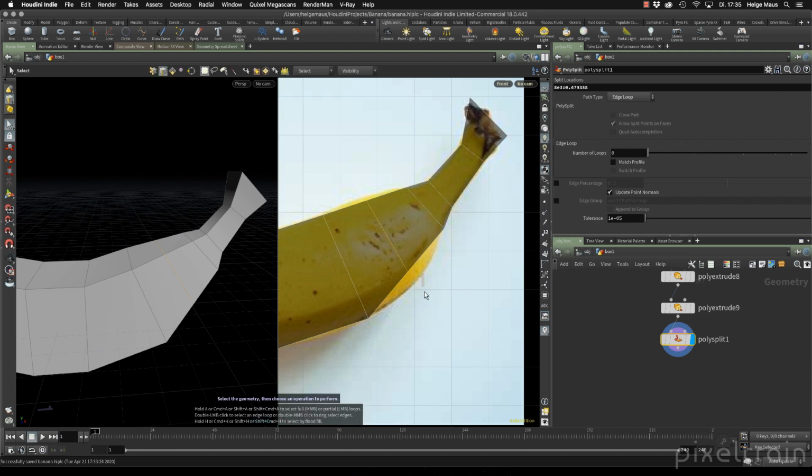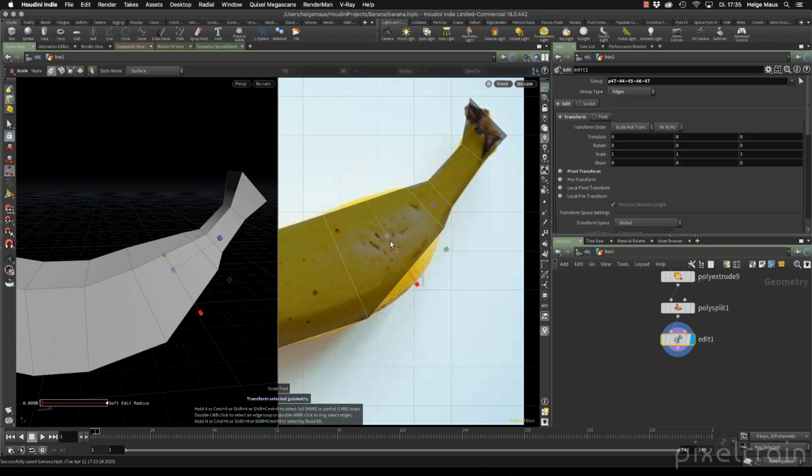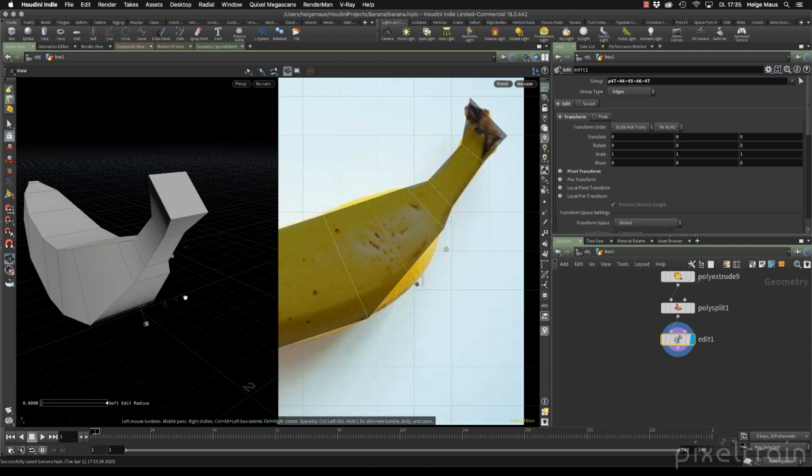In the moment we now want to manipulate this edge loop, we get an edit node. And that's absolutely okay, because now we are moving the edges, the points around, and everything what we want to do now with this edge loop here is encapsulated in one edit node. So I split normally my steps into different edit nodes, but every edit node is doing one thing. This edge loop, for example. So I go now here to my tools. So I have here move, it's T, we have rotate, it's R, we have scale E, and we press the E key. I scale here, and now it's important again that you keep in mind that we only see here